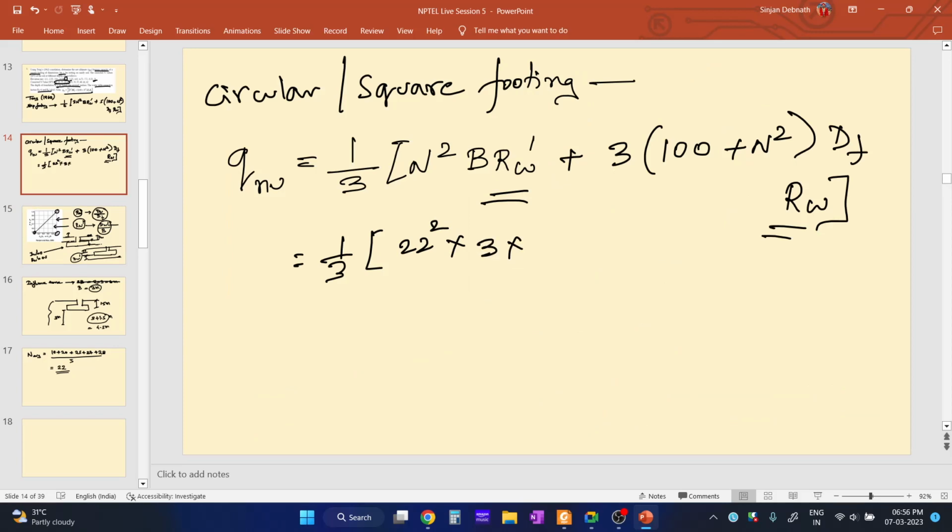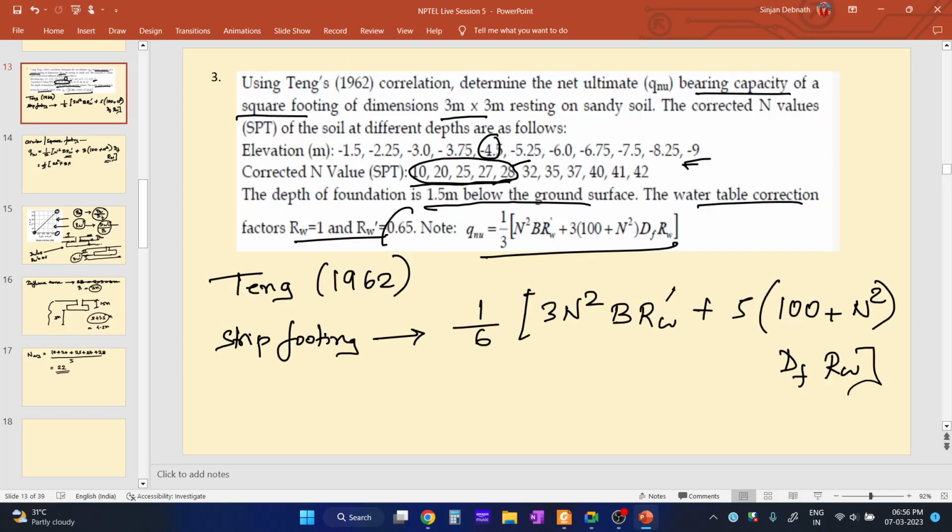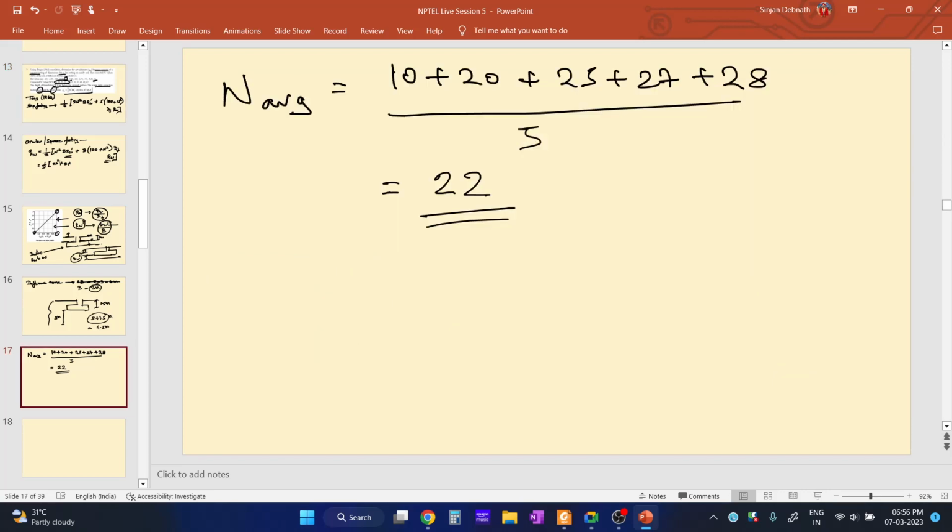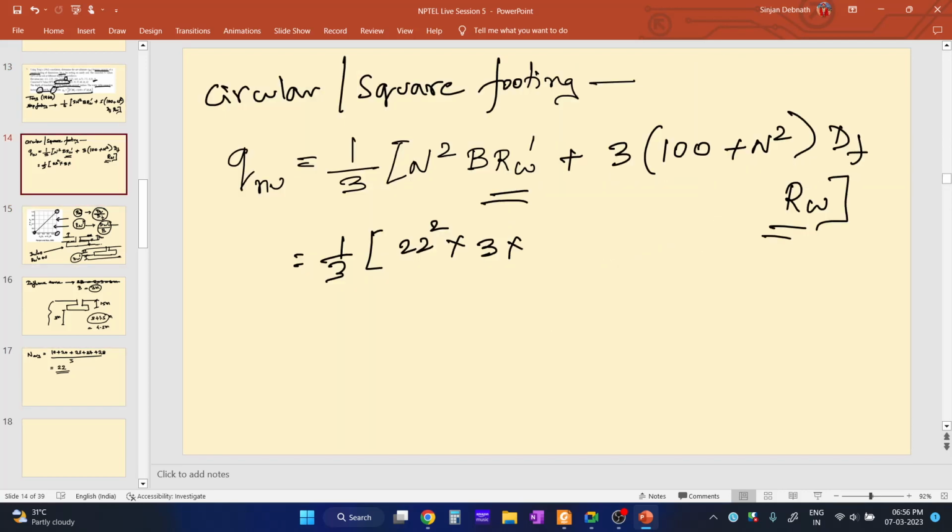And what is RW dash? It is given in the question. It is 0.65 and RW is 1. So RW dash is 0.65 plus 3 into 100 plus the average SPT value, which is 22,